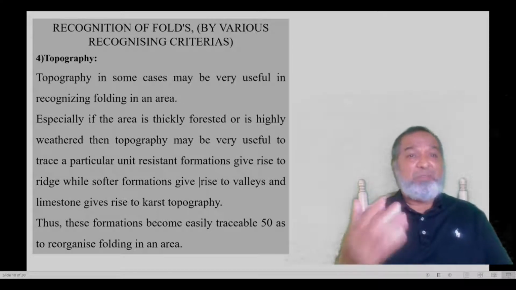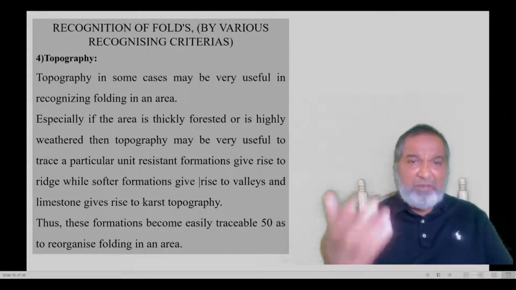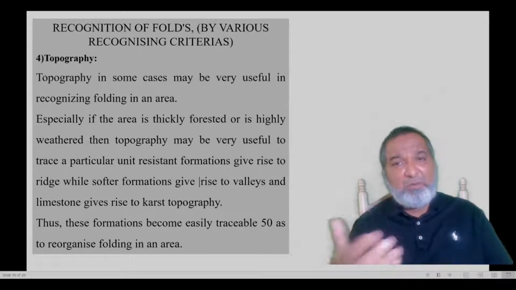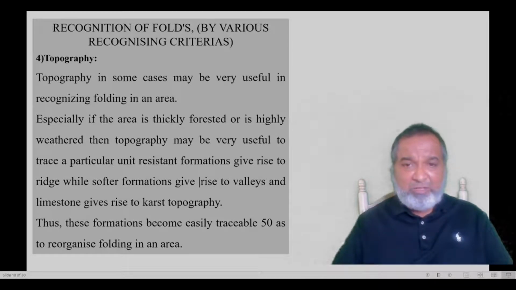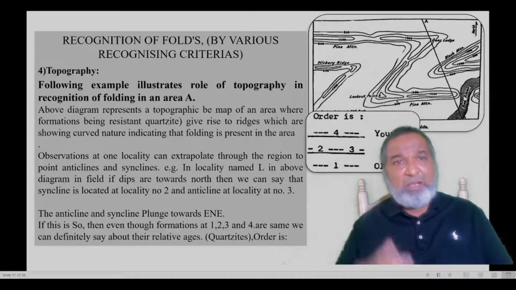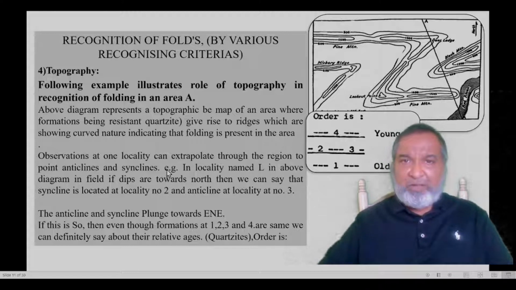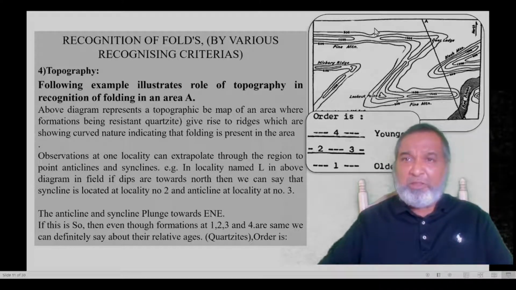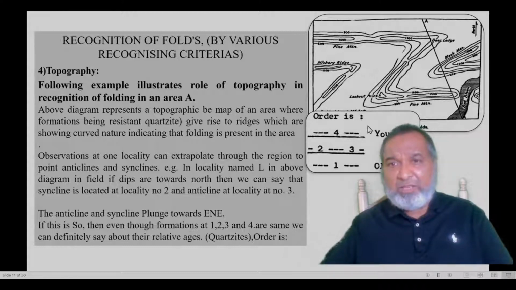Next one, topography. Whatever topography we are going to see in that field, with the help of the readings we are going to find out the topography, karst topography, we can trace and make out the maps which are there. So here we have prepared a topography recognition of the fold in the field. This is the map, and we have taken the section, and there we put what the observations are, third and first.